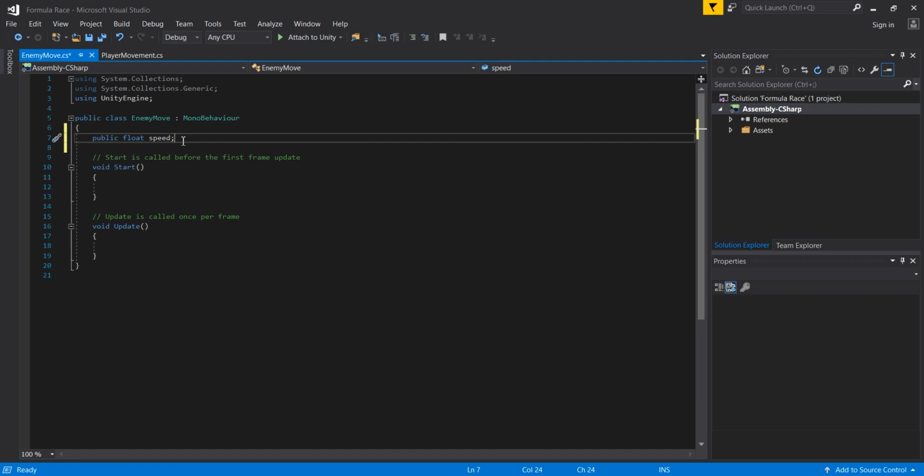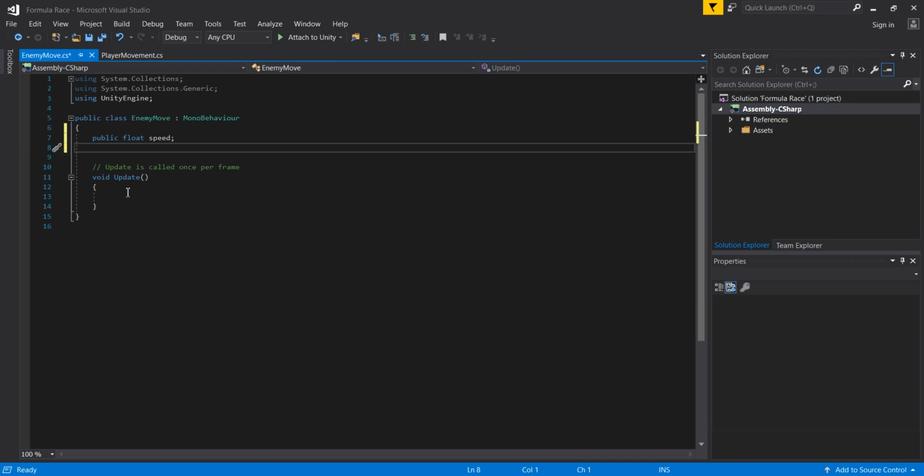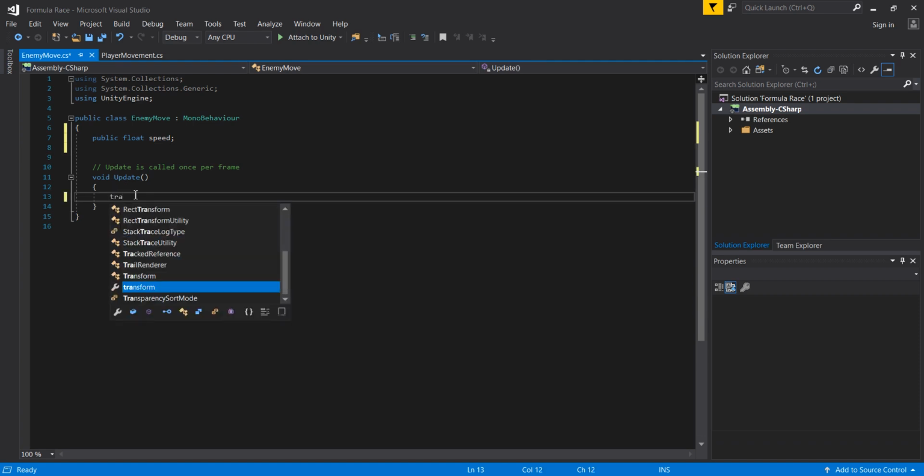So I will skip giving the value now, because if we mark our variable as public, it will be visible in the inspector panel, and we can give the value there. Okay, moving on, we are going to delete this start method because we don't need it. And just in the update method we are going to pass here